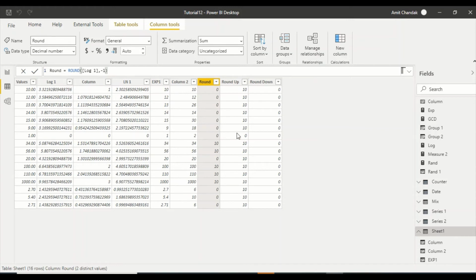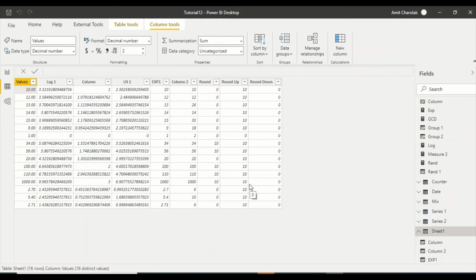Again, depending on the position, it is matching with this one. Now this is actually 1, so it's making it all 0. Round up is also becoming 0, round down is also becoming 0. But other than that, in these cases you can see mostly we have the places where it is all 10 10 10, and round up or round down where it is equal. Round down is 1. We need to have better numbers to put in. So this is 1 decimal place, this is 1 decimal place, this is 2 decimal places, and all round up and round down, so we can see these numbers are coming in.